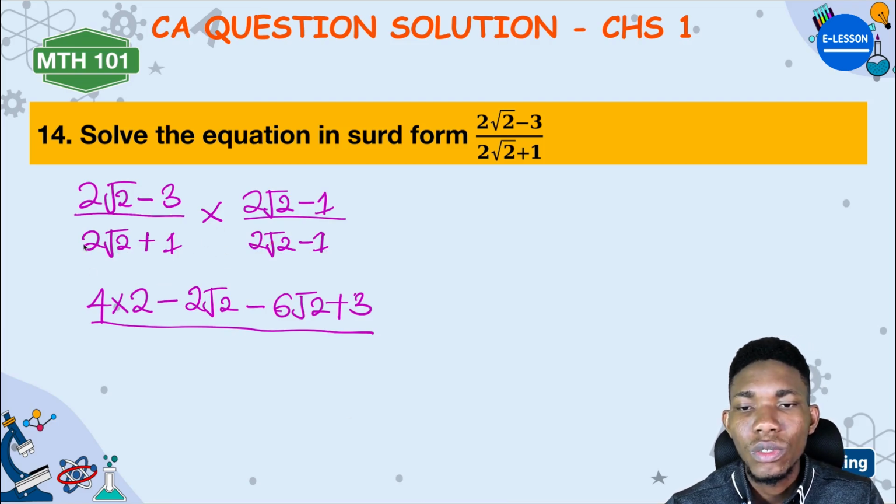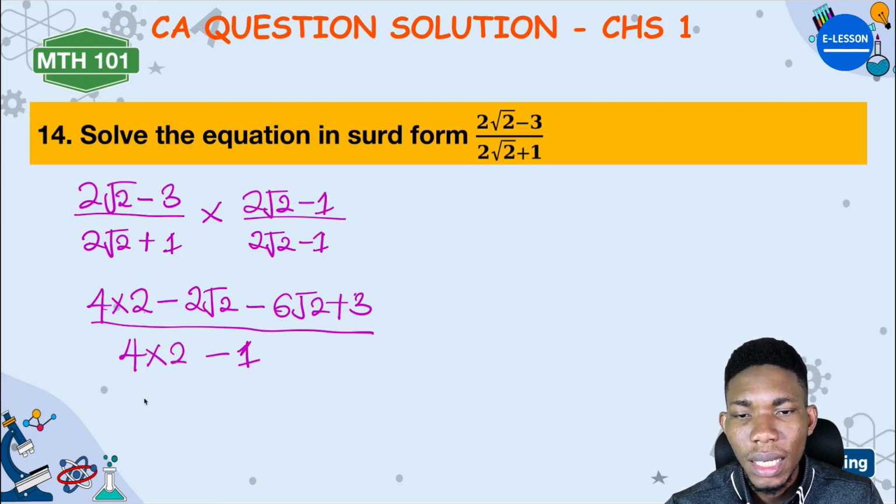So this will give us 2 root 2 times 2 root 2. That will give us what? 4 times 2, because I told you 2 times 2 will give us 4. Root 2 times root 2 will give us 2. Plus, this will now be minus, difference of two squares. 1 times 1 will give us 1. Is that okay? 4 times 2 will give us what? 8. So this will give us 8 minus 2 root 2